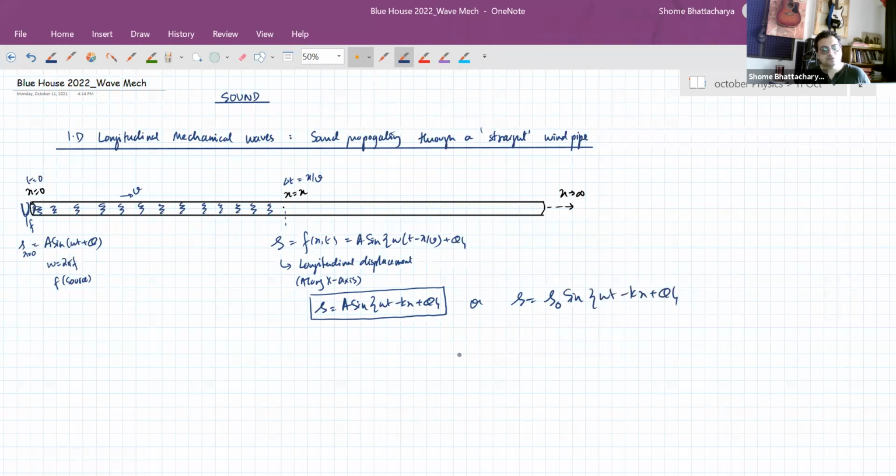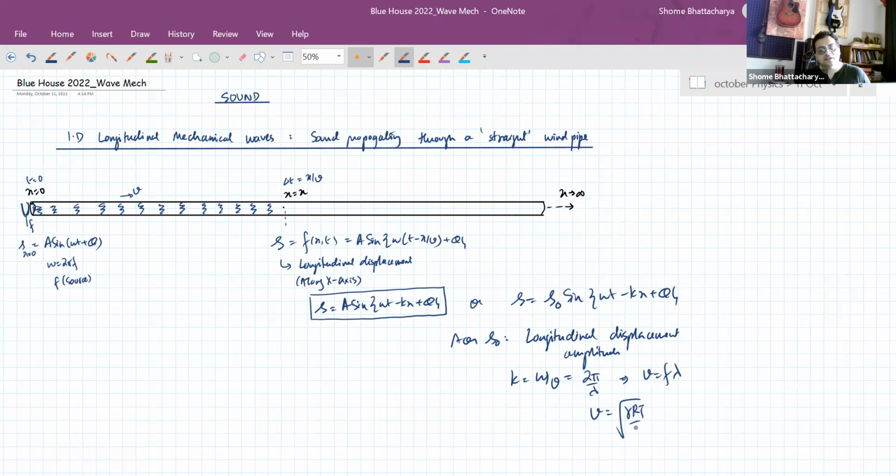Whichever notation we are using, A or s naught, that is the longitudinal displacement amplitude. And k here becomes omega by v, which then becomes 2 pi by lambda. So then we have v is equal to f lambda, where v is square root of gamma RT by M,